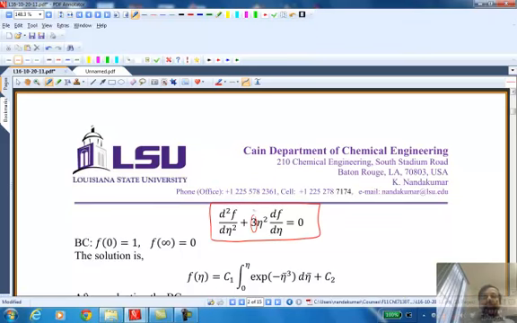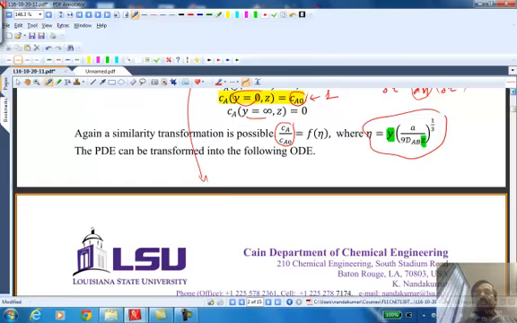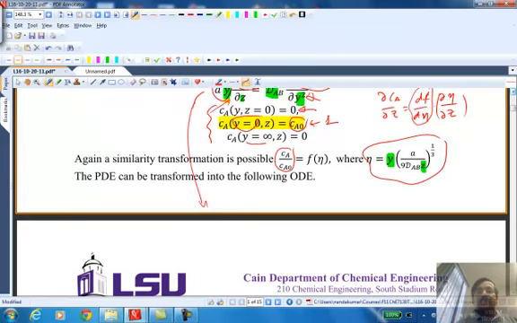Another thing that we need to do: we have converted the PDE into an ODE, and so we have the similarity transformation, but we also need to make sure that we have converted the 3 conditions that we have here, the inlet and the boundary conditions, into 2 consistent conditions, because we have only a second order ordinary differential equation. We can impose only 2 conditions. And of course that happens automatically, because when you take the first condition, for example,